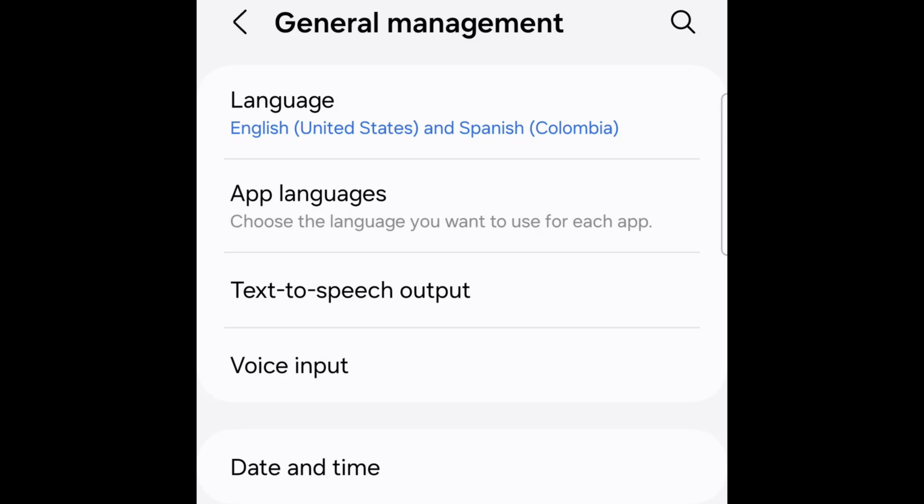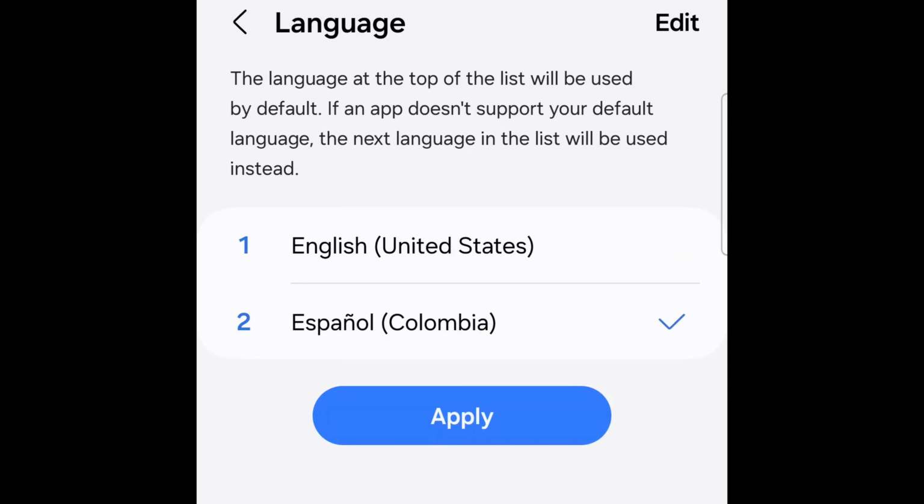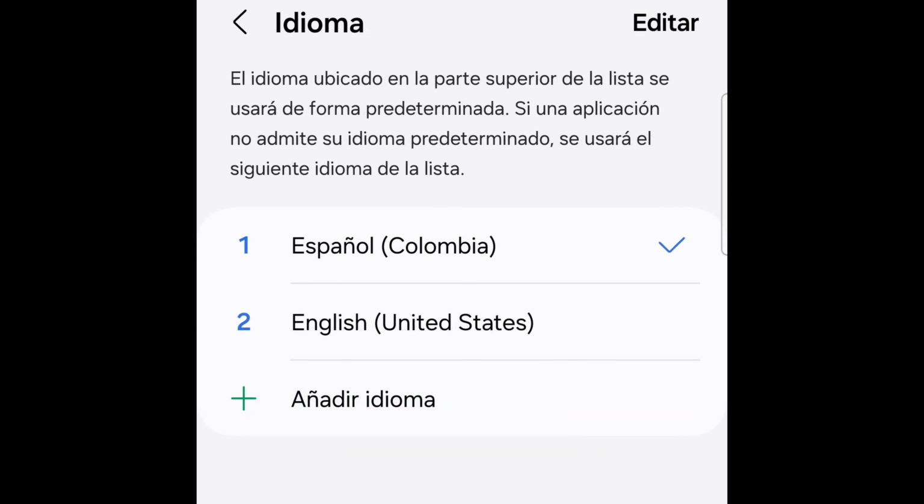You can see language right now. I have it on English, US, but I have Colombia as a backup, Español Colombia. That's the one I have chosen to add as my main language that I use as a primary language so that I can improve upon my Spanish. So I changed it there.